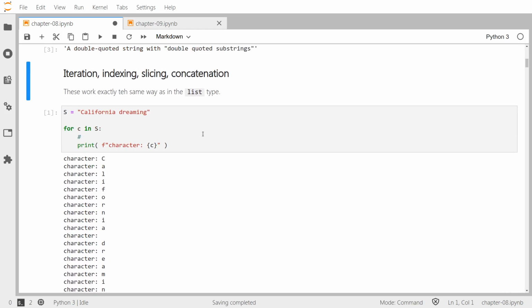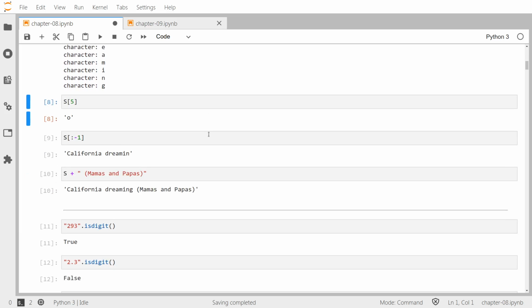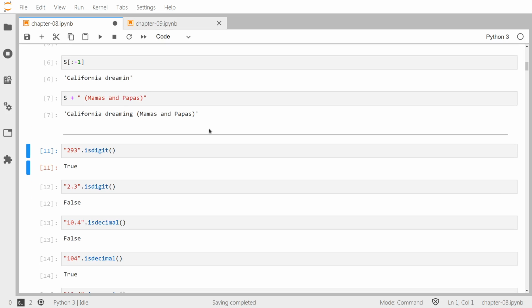Now you know all about iteration, indexing, and slicing, as well as concatenation. So we can loop through individual items in a string, because a string is a sequence. So we get individual characters, we just print those out. And then we have indexing, then we have slicing, we have concatenation, and we can check whether a string contains only digits,